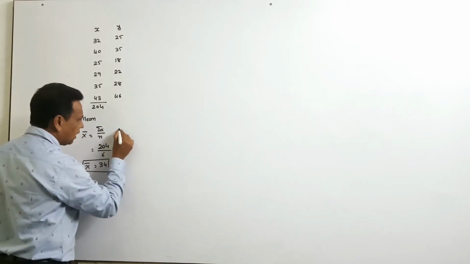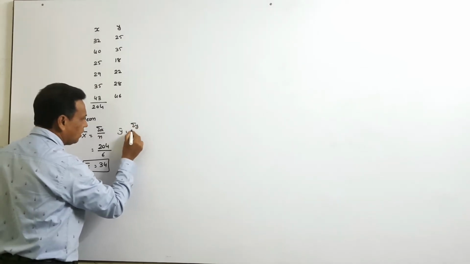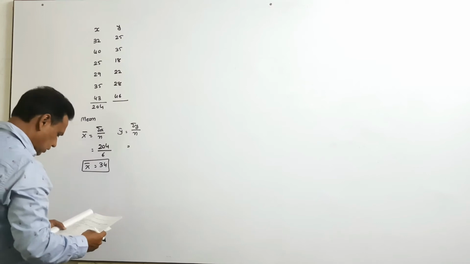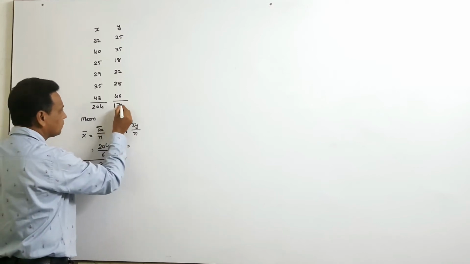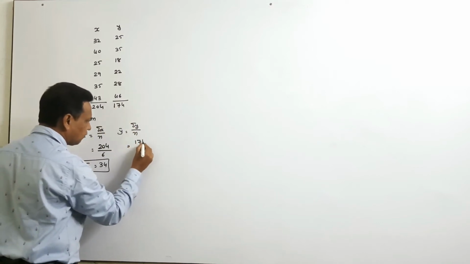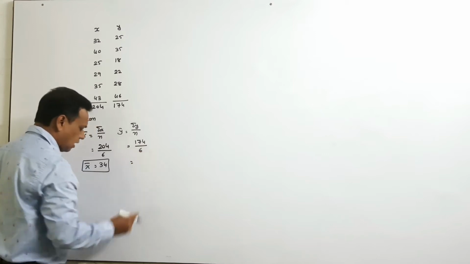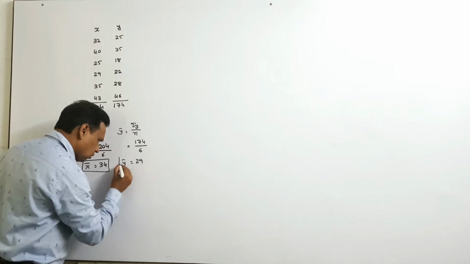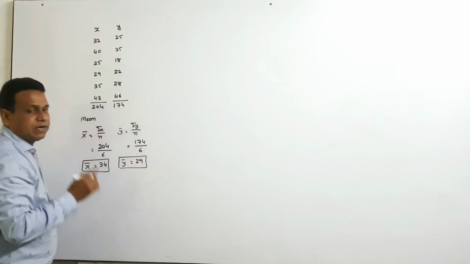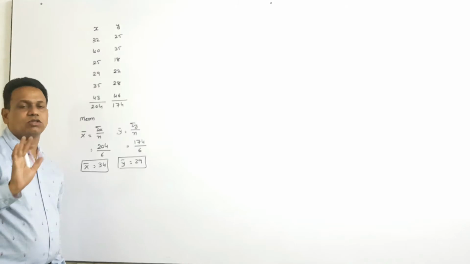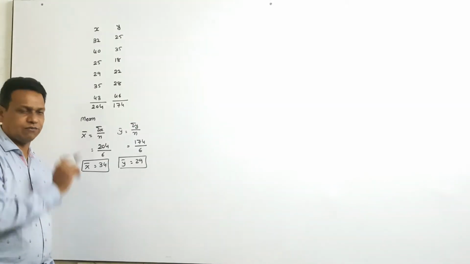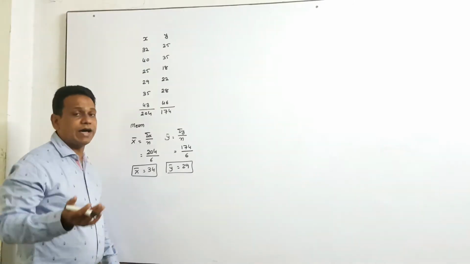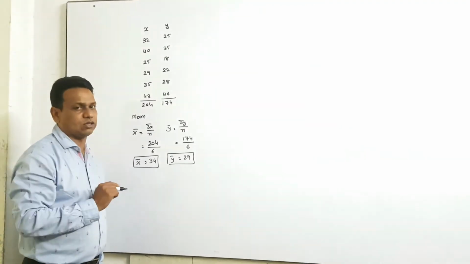Now y bar, the sum of y upon n. So get the total of y. My dear friend, this is 174. So 174 divided by 6, and the answer is 29. My dear friends, after getting the mean, we got the idea about the method as per my discussion in the second video. The 34 and 29 both are integer values, so it is very easy. We are going to take the first method.